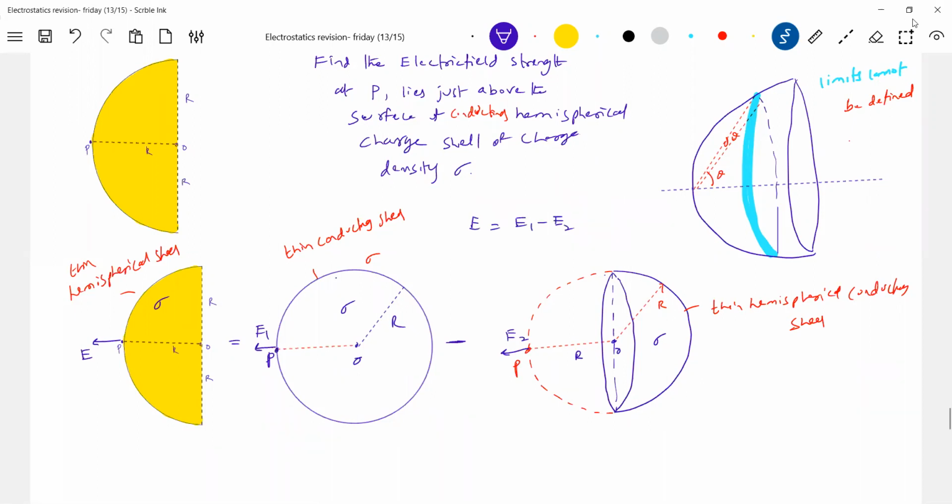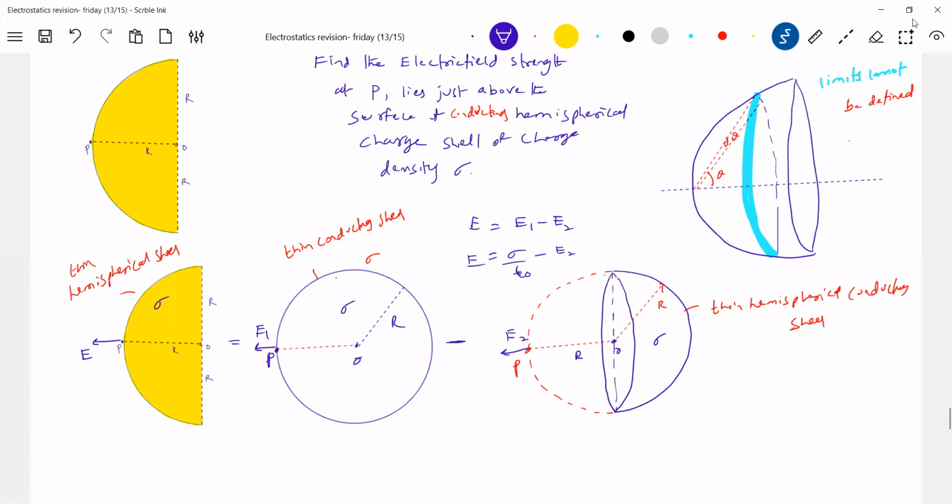What is E1? Q by 4 pi epsilon naught r square. So it should be sigma by epsilon naught directly. E1 is how much? Sigma by epsilon naught. E2 has to be calculated. How to calculate E2? Here you assume a thin ring. First you calculate the field at point P due to that, then integrate and calculate the field that you substitute here, and you'll get the answer.